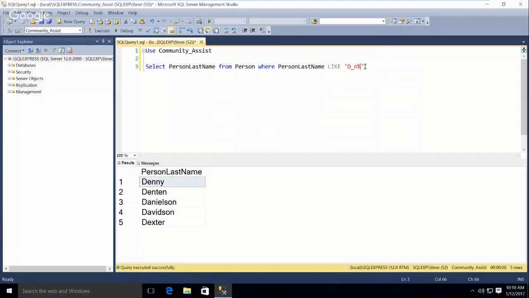But the underscore and the percent sign means we want to see one that is just missing this one character. So the underscore is one character, the percent sign is any number of characters. This will give us the Danny, Denton, and Danielson. It does give us Dan. So the underscore is any character? The underscore is any one character as a wildcard, and the percent sign is any number of characters.